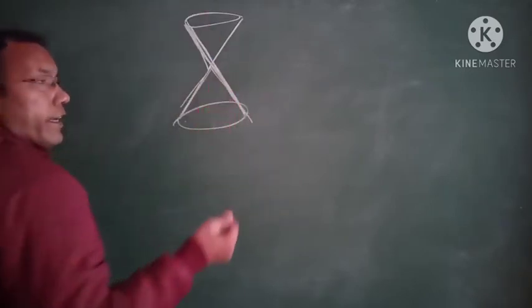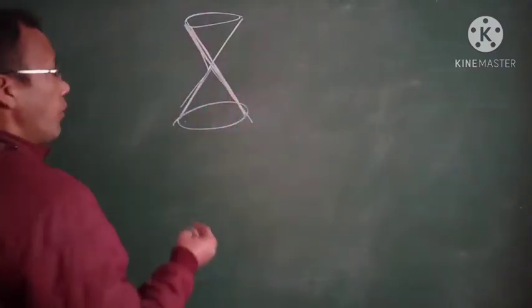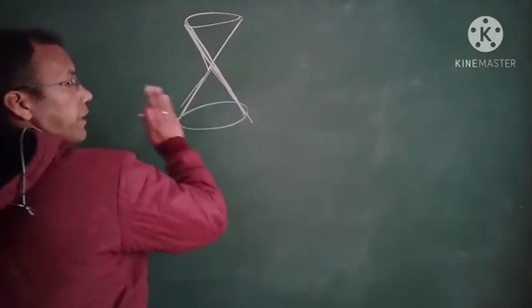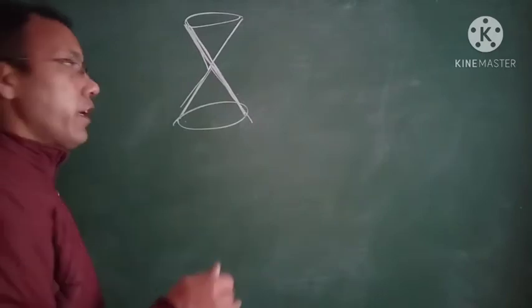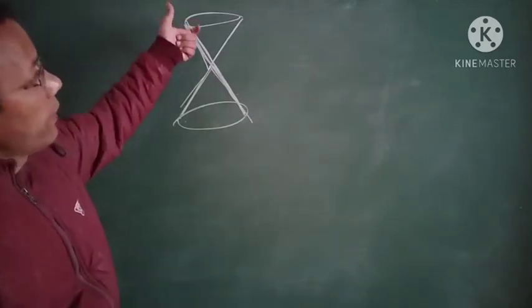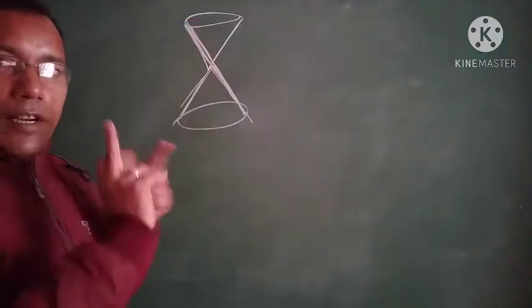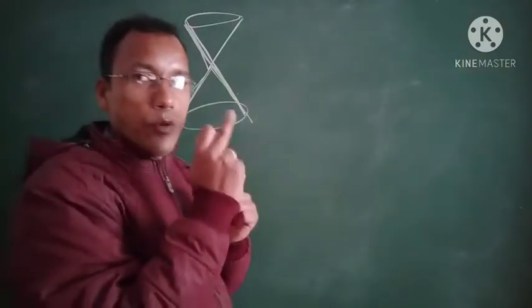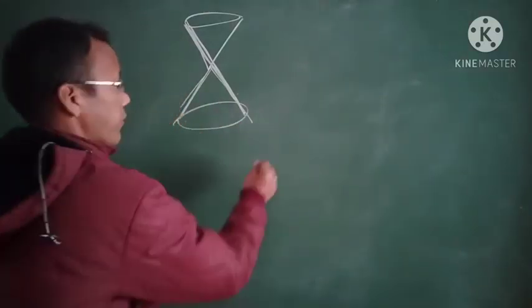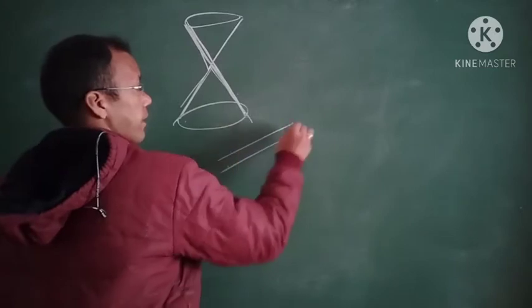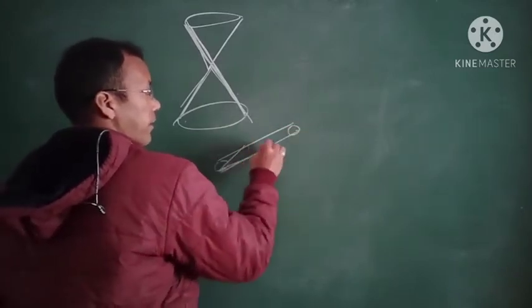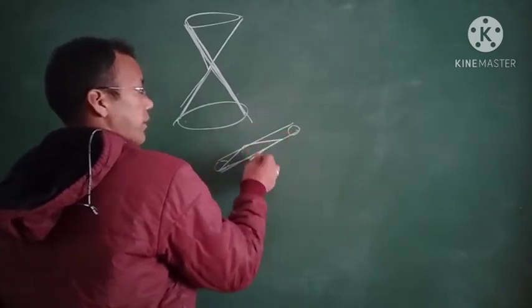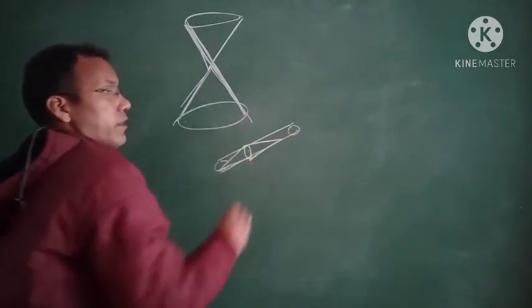And if I cut the cone by a plane or by a knife, like if I have a vegetable, a radish, and two radishes inverted, and I cut this radish like here and this one,